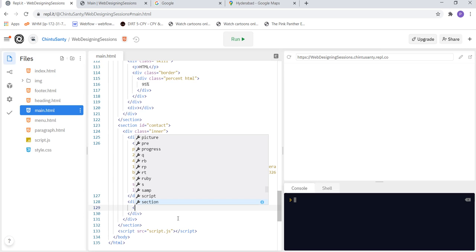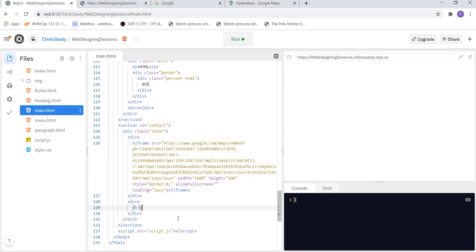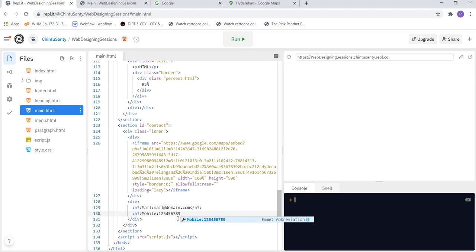mail. So in this mail you can give your mail also. So you can just give any mail, your personal mail or your business mail, anything you can mention here. So at the same time you can also mention your mobile and your location. So when I just refresh this,